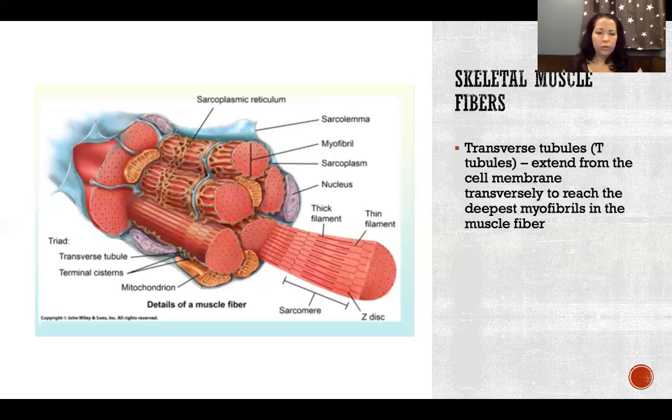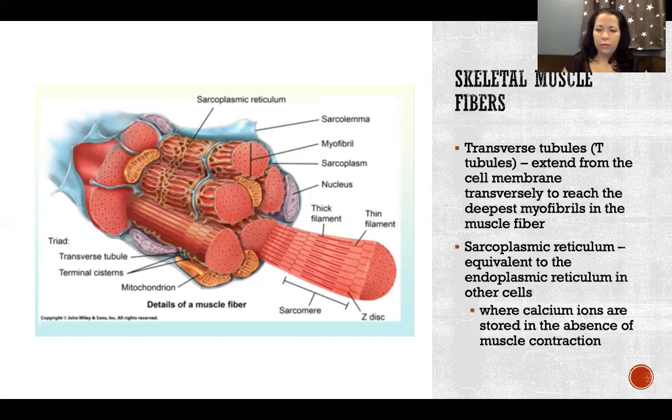Transverse tubules are abbreviated as T-tubules. I would like you to know the full term and the abbreviation. They extend from the cell membrane transversely, that's where it gets its name, to reach the deepest myofibrils in the muscle fiber. Okay, so the T-tubules are the system of tubes. In the picture, they're these bluish tubes, and they're going transversely across the width and into the depth of the muscle fiber,